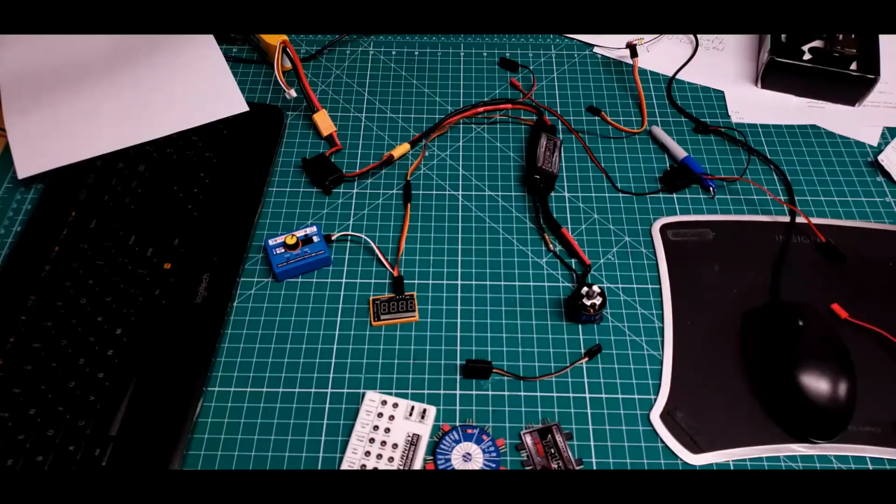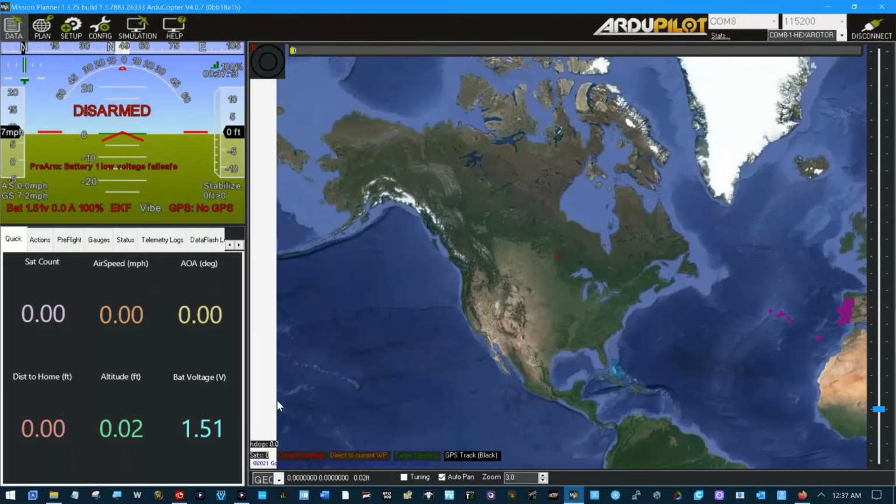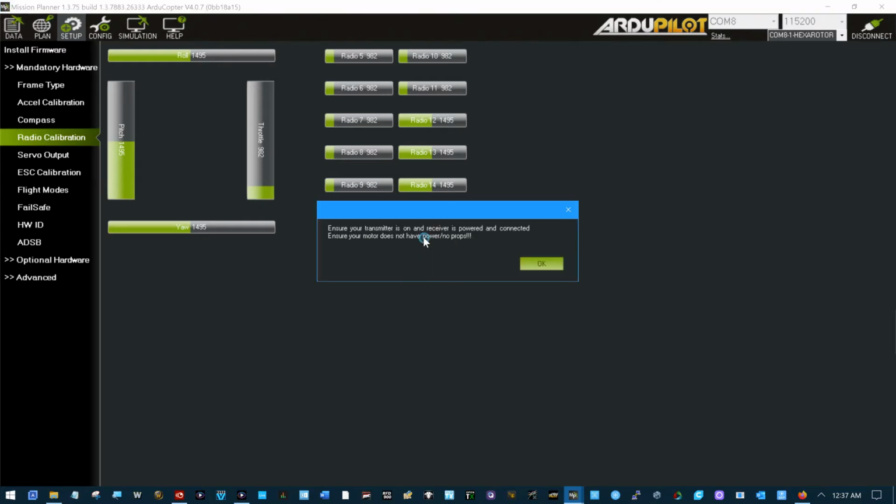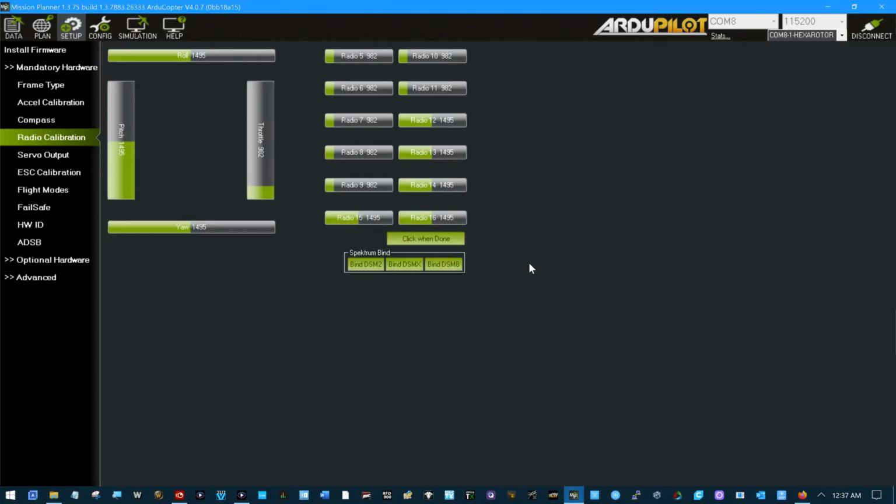Now we'll take a look at ArduPilot. Okay, we're in ArduPilot Mission Planner is what it really is. A lot of these terms are just thrown around loosely. In setup, mandatory hardware, radio calibration. If I turn on Calibrate Radio right now, I've got all my stuff saved away, so I don't have to worry about this. It says click OK and move all RC sticks and switches to their extreme position so the red bars hit their limits. This is the radio and